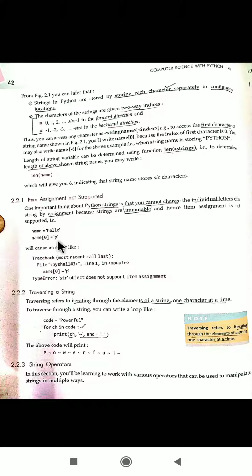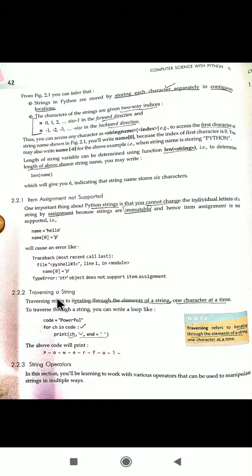With the help of this statement, it is trying to change h with p. Name[0] is h actually, and we are trying to change this h with p. That is not allowed. Why is it not allowed? Because strings are immutable. So this type of error will appear on the screen.